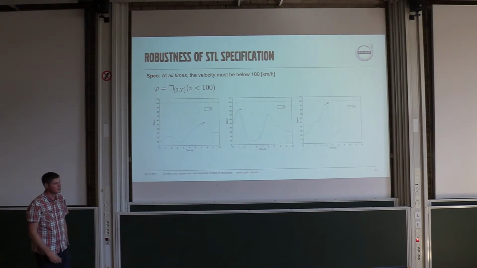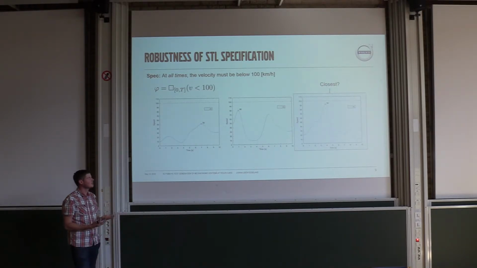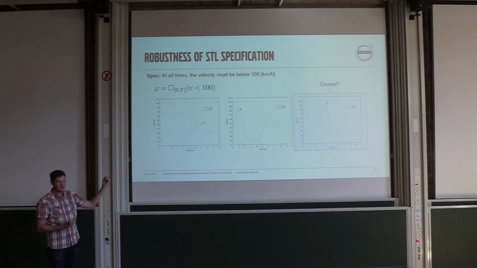I'm not going to ask you, because it's kind of obvious here. It's this one. By intuition, you look at the highest point, which I've also marked in the velocity profiles, and then you check the difference to the velocity threshold. And then you think, okay, it makes sense that that's how far away we are from falsifying the